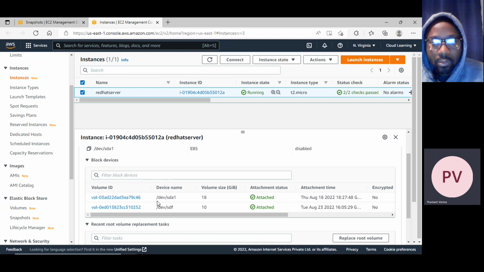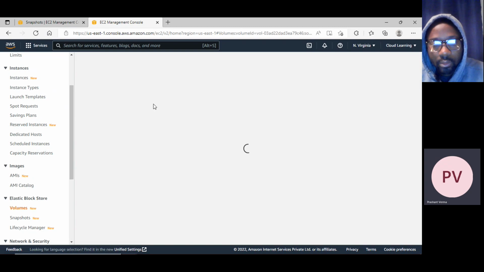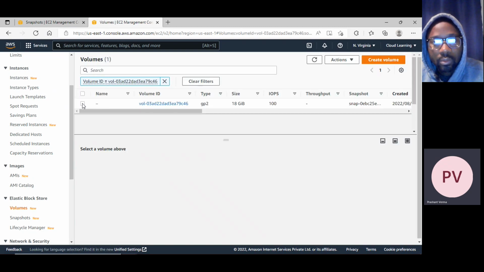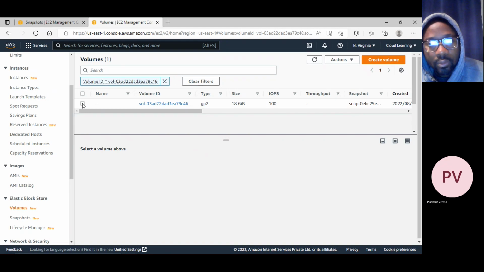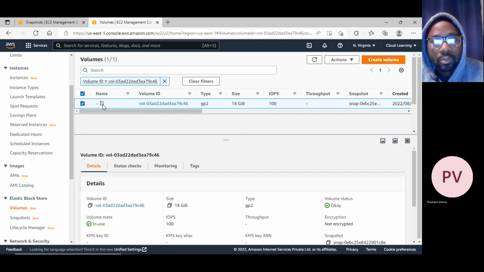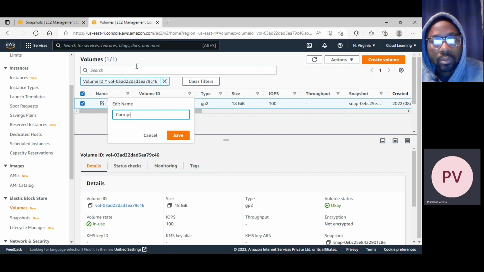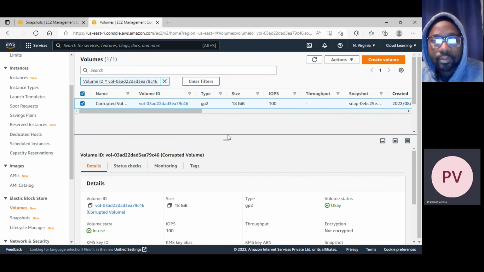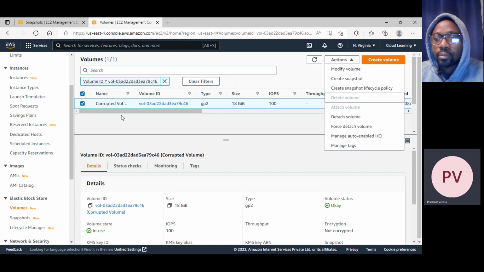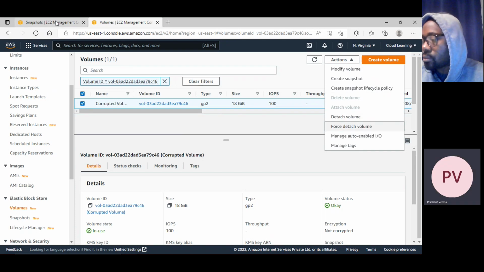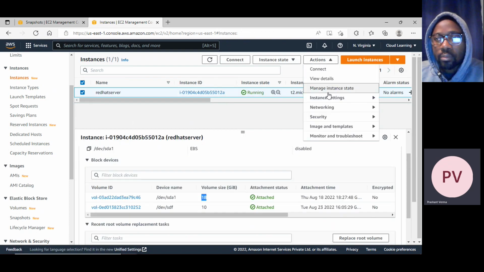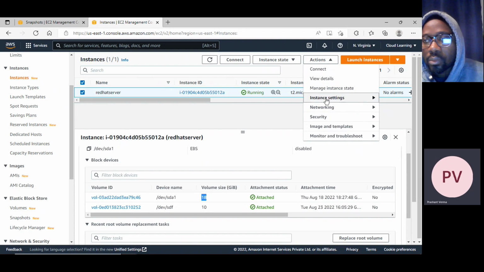This means that this storage got corrupted. Suppose this is the root volume and this got corrupted. Let me put it, for example, as corrupted volume. I am assuming that this got corrupted, and I save it. So now what I can do is detach it. To detach, because it is my primary instance, I need to stop the server. So let me first stop the server